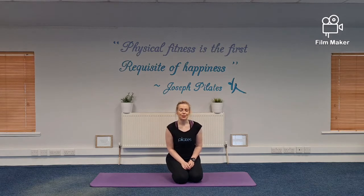For today's session, for the next 15 minutes, we're going to work on the shoulder bridge exercise with all its different variations and modifications. It's a really great exercise to mobilize your spine, really good to challenge your core strength and stability, and it really energizes the posterior chain of muscles such as your glutes, your hamstrings, your lumbar extensors